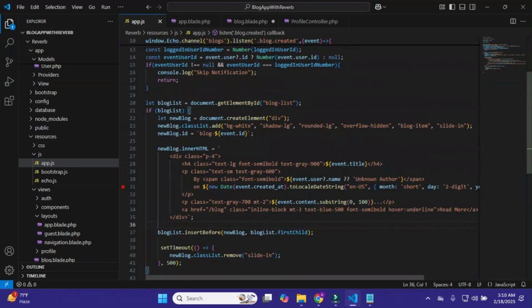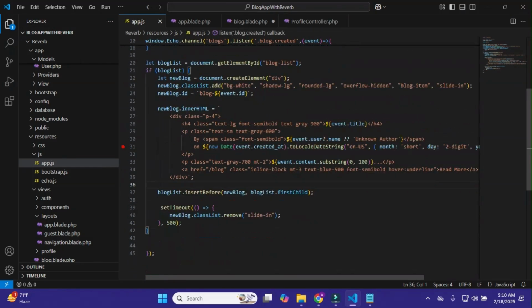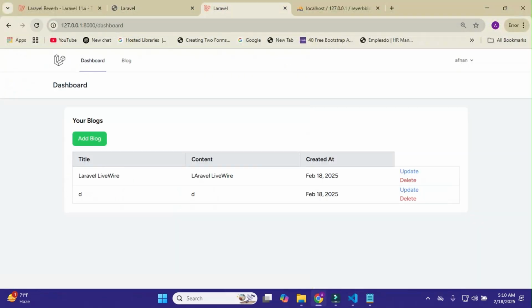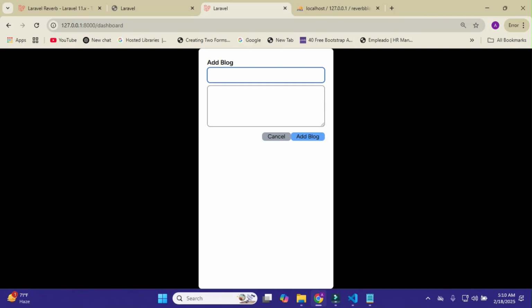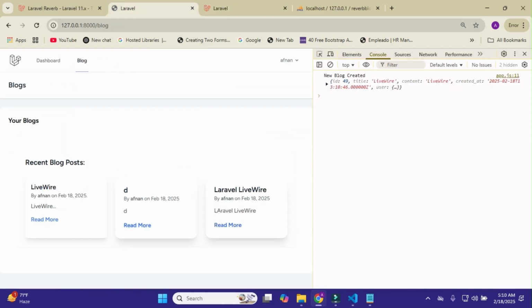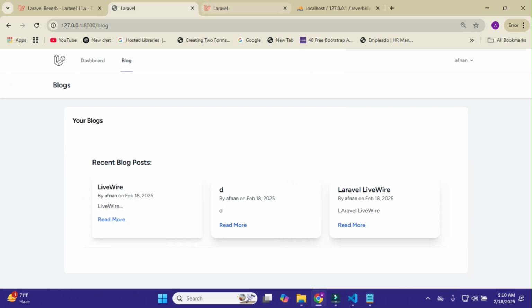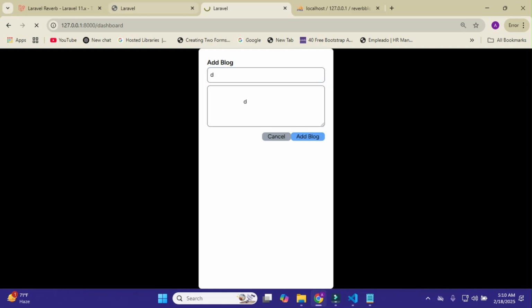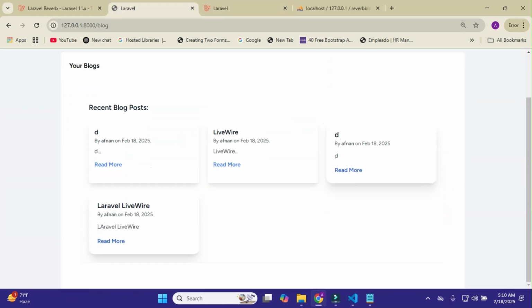So now I'll check whether it shows and updates my blog list in real time or not. I'll reload it and create a blog named livewire, copy it and paste it here. And here you can see it shows me the livewire in real time on my view. When I create it, it shows me in real time. Okay, that's great, amazing.